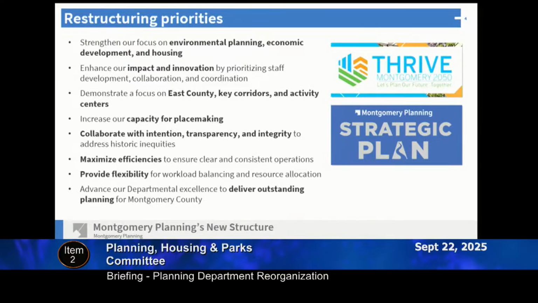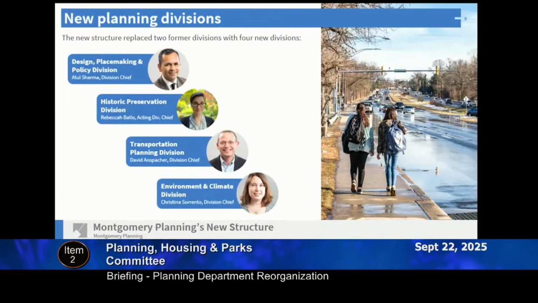So the main point here is that the reorg was done thoughtfully, strategically, and quite deliberately.